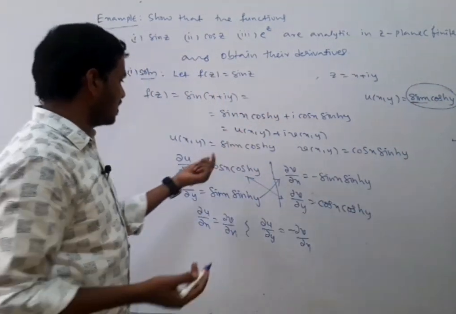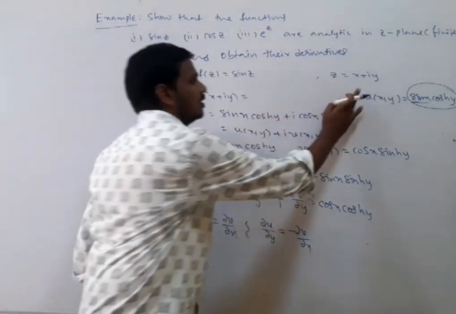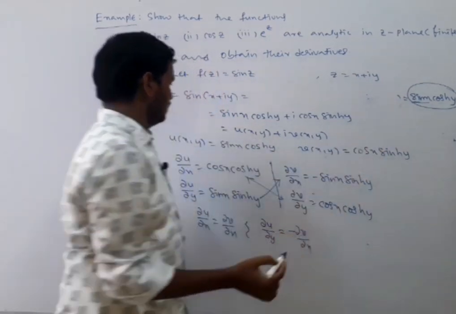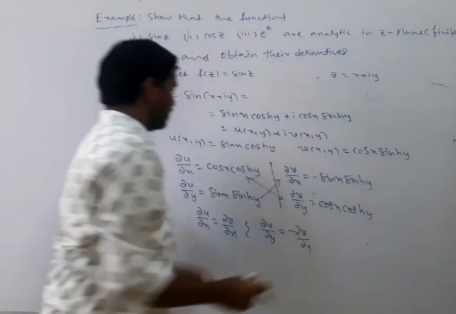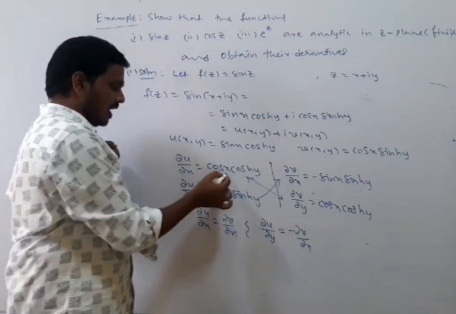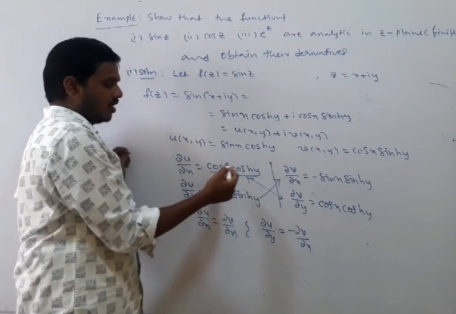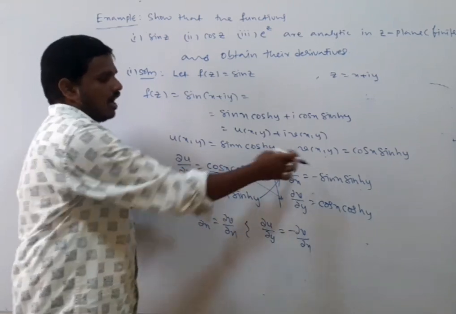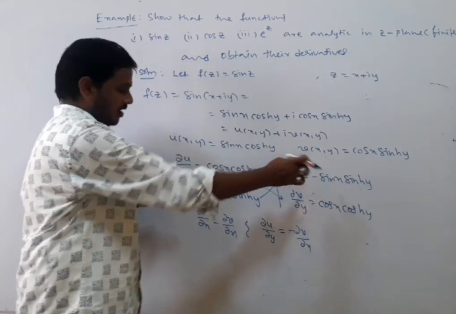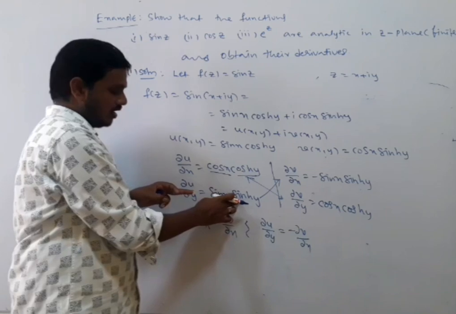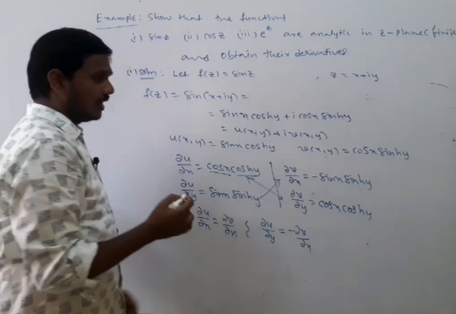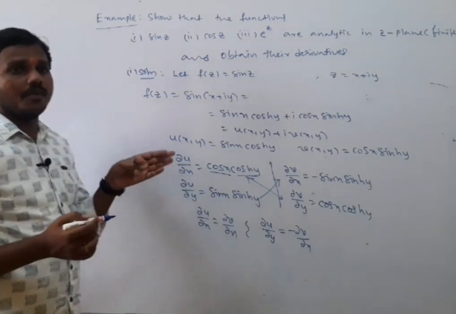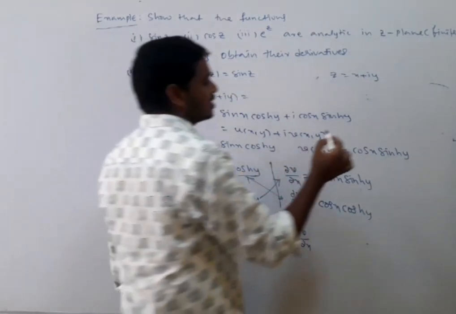So that is continuous. The partial derivative dou u by dou x is cos x cos hy. Yes, cos x is continuous, cos hy is continuous, and the product is continuous everywhere. And dou v by dou x, cos x cos hy, is also continuous everywhere, and sin x sin hy is continuous everywhere. Therefore the first order partial derivatives of u of x comma y and v of x comma y,